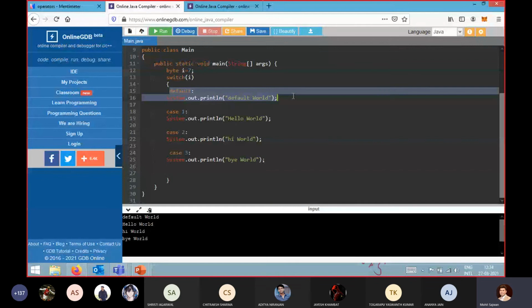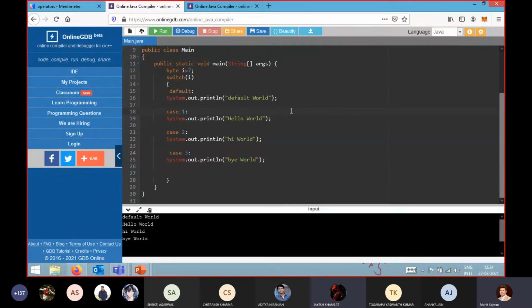Okay, but according to the theory concept which I have gone through in books, the default case is executed at the last, even if we write it first. But now I think they have changed the functionality, so that even if we write this default statement ahead of these cases, it will execute the default case first.